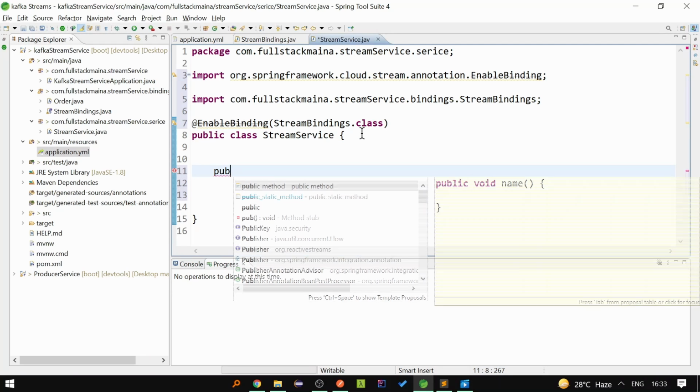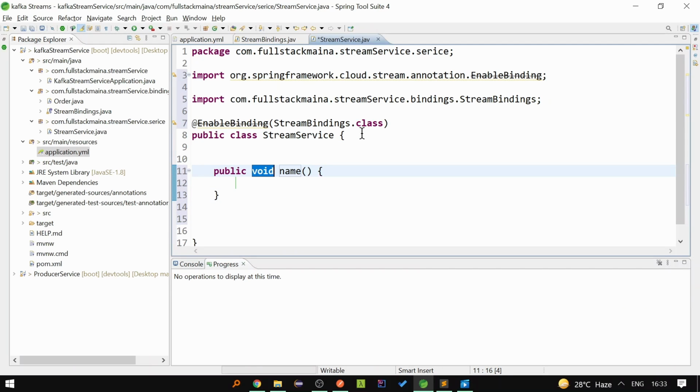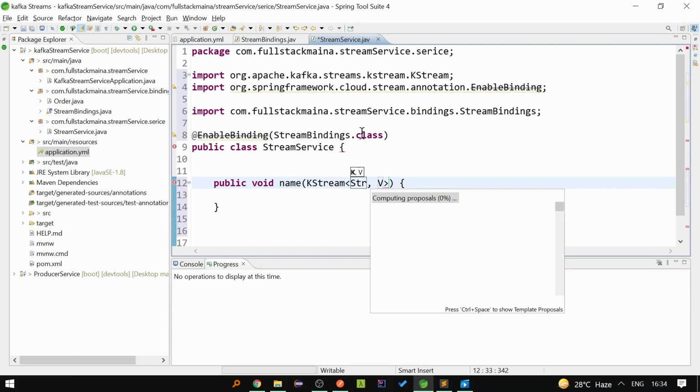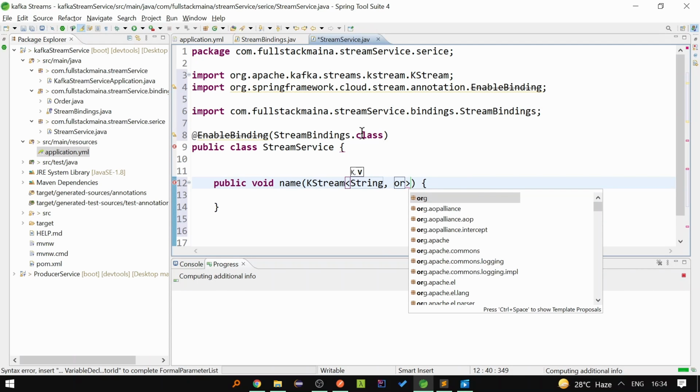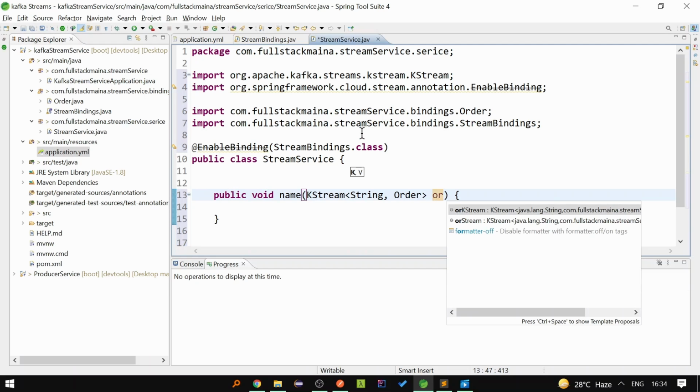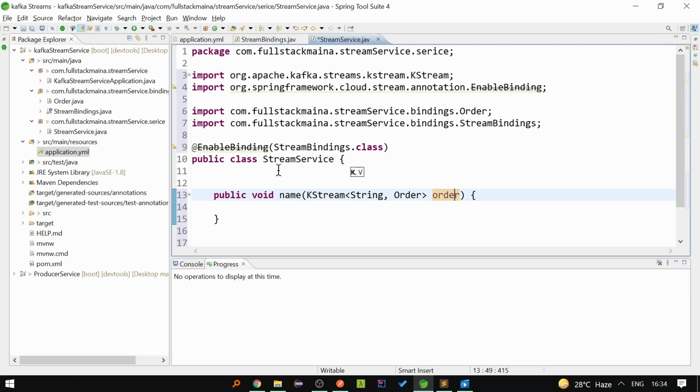Let's write a public method which will take the KStream as the input, so KStream of String, and the value will be of type Order. The variable name we can give anything; I am giving it as order. Now this method is going to return the KStream of Order. We are going to do some filtering, but we'll see that later on.